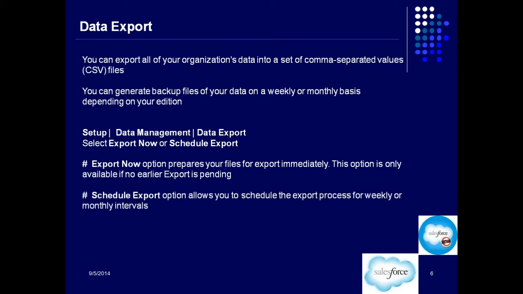The second option that you have is Schedule Export. Schedule Export means scheduling an export: you define a frequency and you want to do that export on that defined frequency.